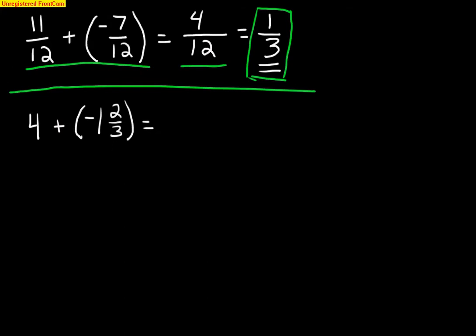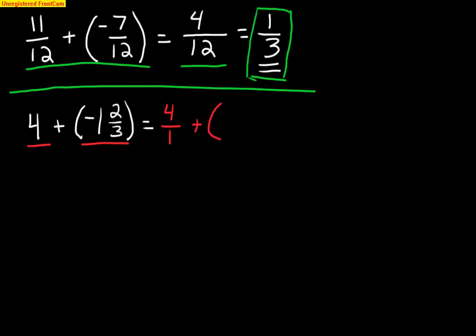First of all, we're going to take that 4, let me get back to my pen, we're going to take that 4 right here, and we're going to make that a fraction, and then we're going to take this mixed number and we're going to make that an improper fraction. So the 4 simply becomes 4 over 1, and to that we're adding